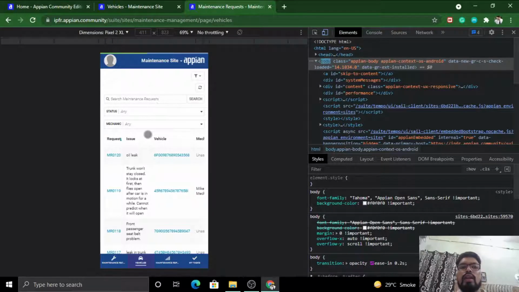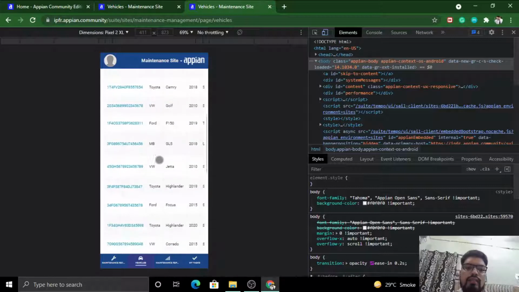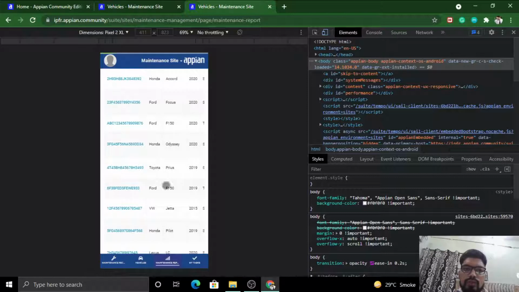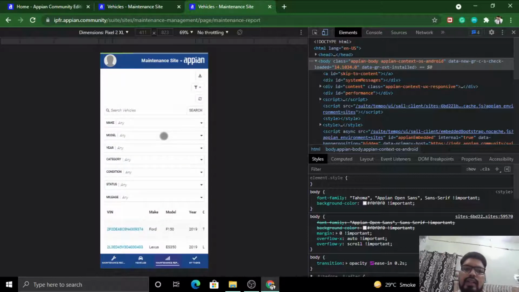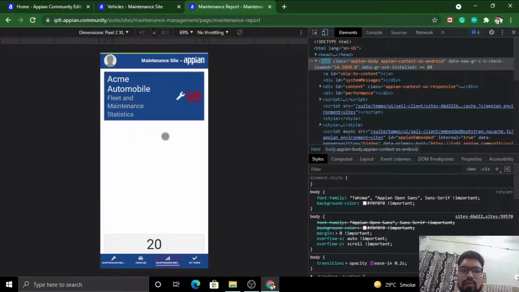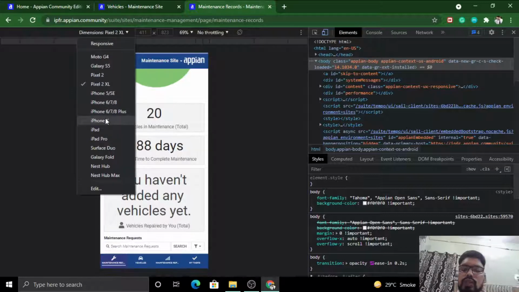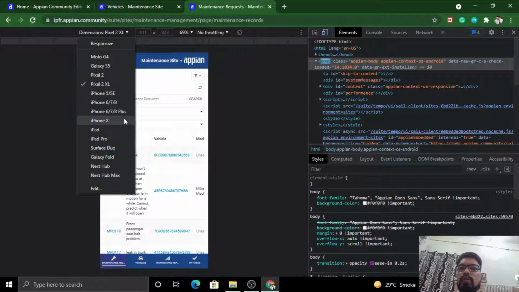Now let me give you another example. As you can see, each and everything is aligned, you don't have to take care of anything. Everything is customized in such a way that it is mobile ready, laptop ready, web application ready, and tablet friendly. So you just have to focus on the utility: what things you have to connect from one point to another, what things you have to take care of as a programmer, as a developer. You don't have to take care of the responsiveness of the application because it takes extra time and extra effort.